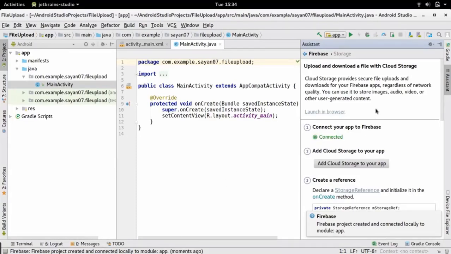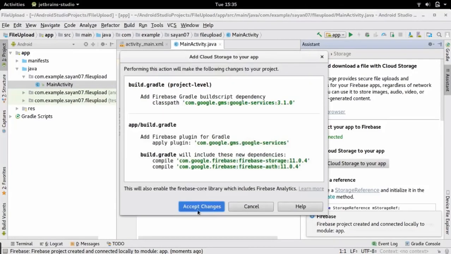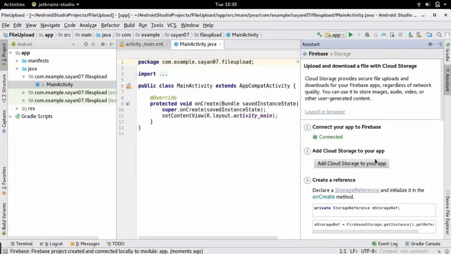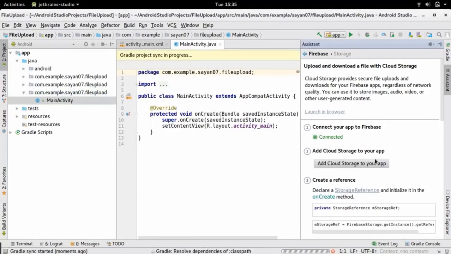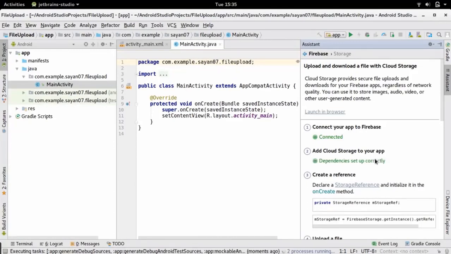Now we need to connect cloud storage to our application. To connect Firebase cloud storage, click on the second option, add cloud storage to your app. Now accept the changes and it will be connected automatically. So our cloud storage is successfully connected. Now we will connect real-time database to our app.